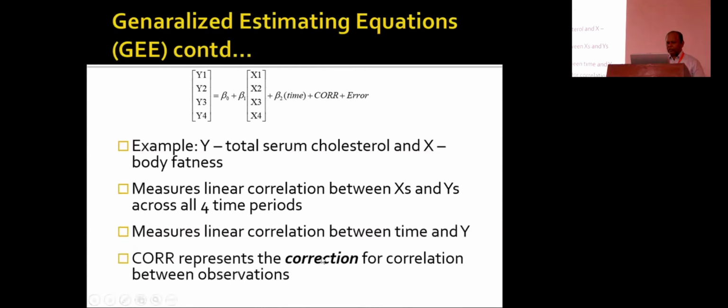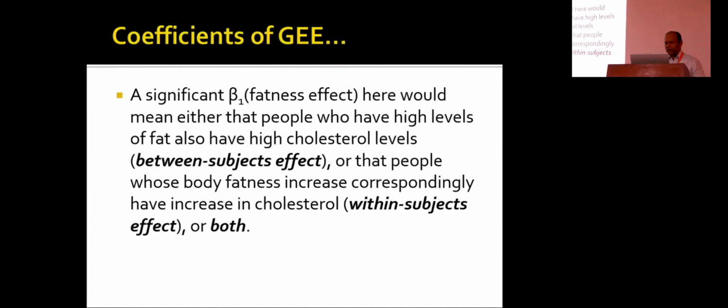The correlation structure represents the correction for correlation between observations. Because once you correct this in the regression model, the correlated observations become uncorrelated after the analysis, after the adjustment. It's like adjusting for your confounding variable. So therefore, we are dealing with